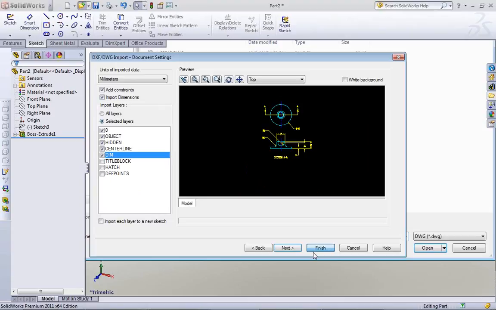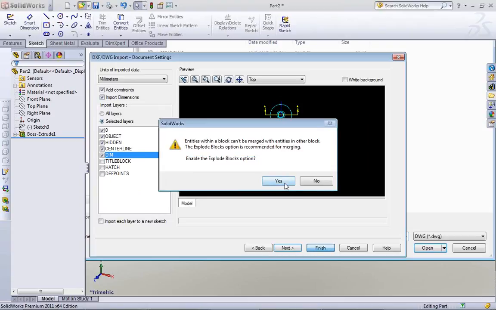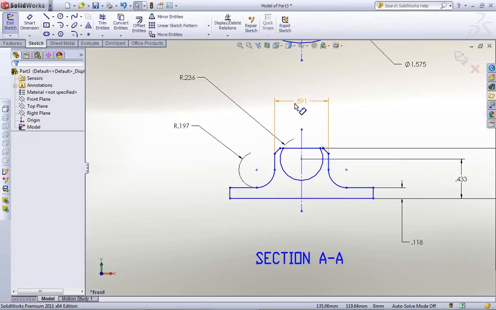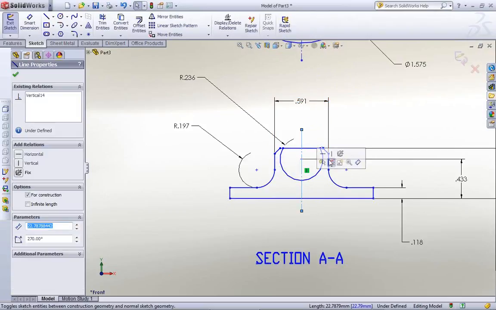Looks good to me. I'll hit finish. So basically on this particular part for SolidWorks, all I really need to do is just rotate. This is a revolve command. So pretty much if I just turn this for construction,